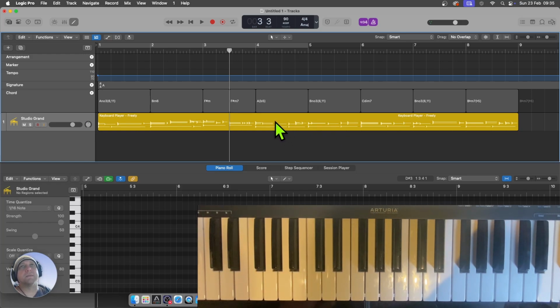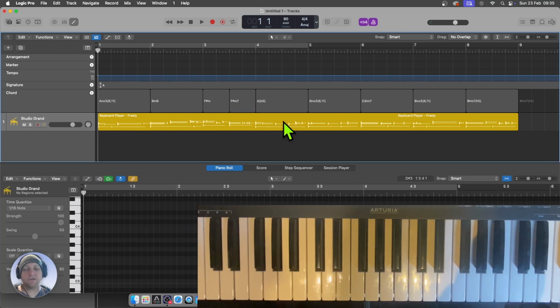But what would I do now to get it to play these chords? So if I go back to the start and just hit the space bar,